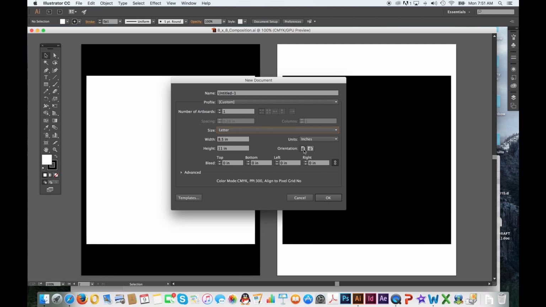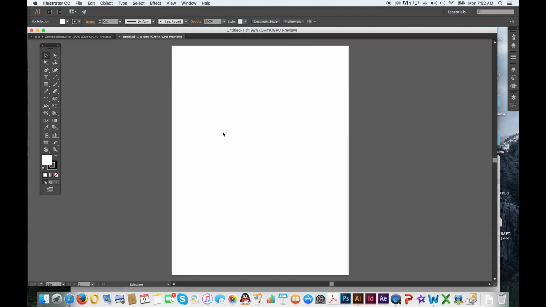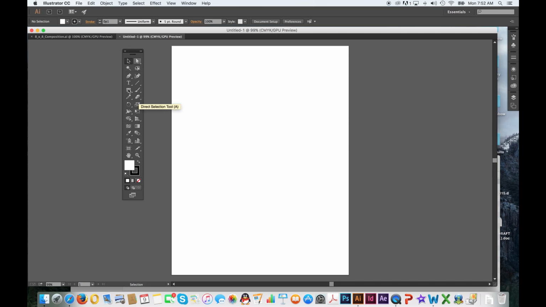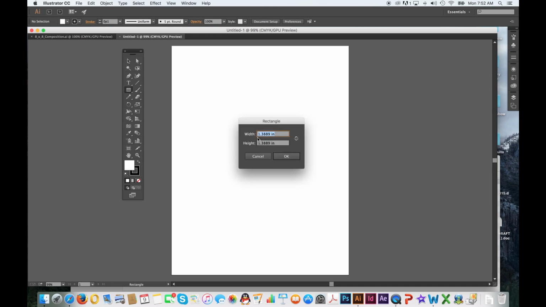This denotes landscape versus portraiture, and then click on OK, and that will create just a simple letter size page. On the left here you'll have your tool palette, and then with the rectangular tool you'll want to come over, and with your mouse and the cursor you'll see this crosshair icon will appear in the middle of your letter size page, and you'll want to just click once with your mouse, and then you can type in 8 by 8 inches. This will be the defined size for each of your compositions that you will create for part 1